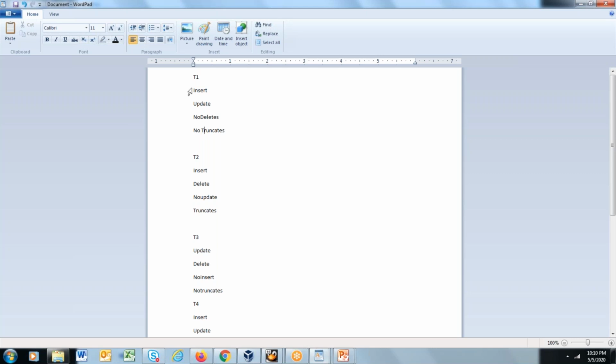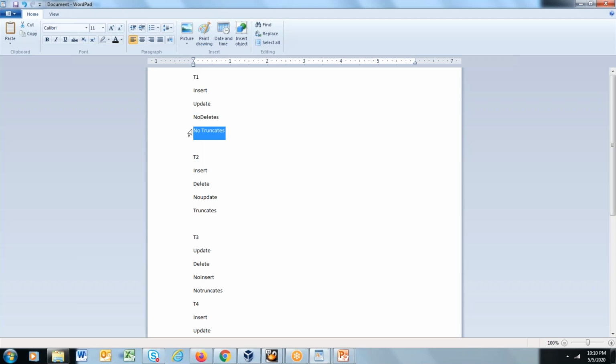So remember one thing, there are some default parameters like get inserts, get updates and ignore truncates. So even if I include or don't include them, that will be fine.